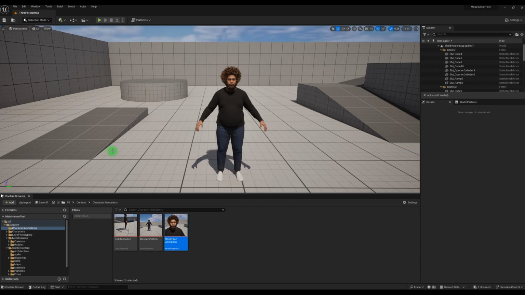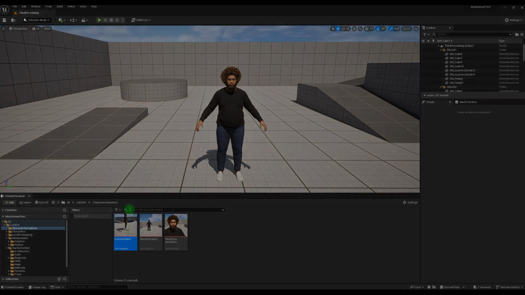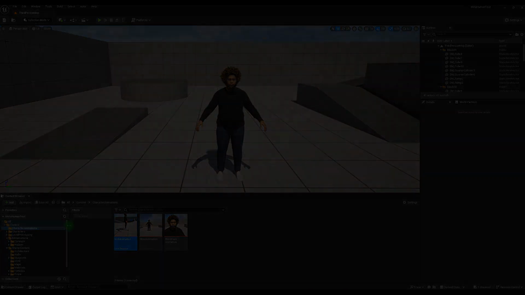So if the player presses 1, we can play the kick animation. If you press 2, the wave animation, and 3, the weird face. So to do that, I reckon